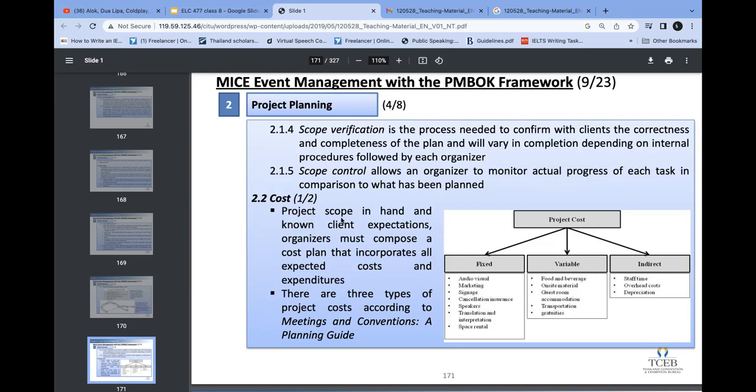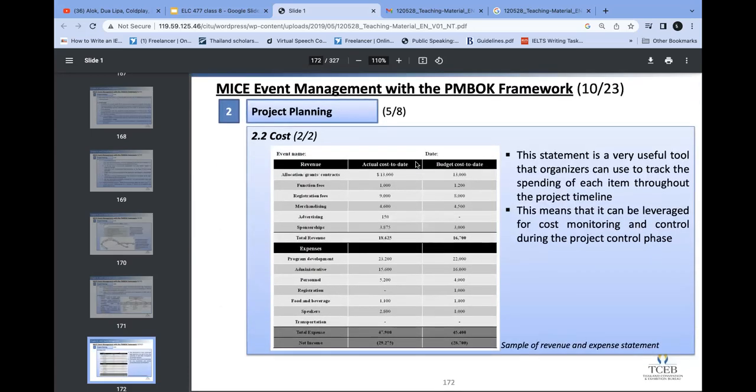So we can see cost, project scope, and basically it's all about budget planning, right? If you have some budget, just make sure that the project can be classified in different ways. For example, fixed cost, variable cost, or indirect cost, things like that. I would say that it is very important for everyone to understand this kind of cost budget planning here, just because